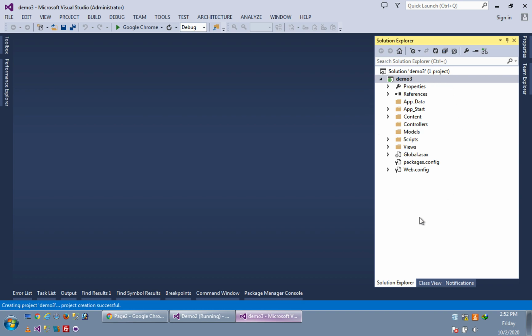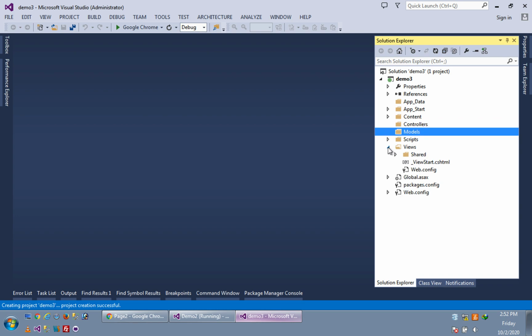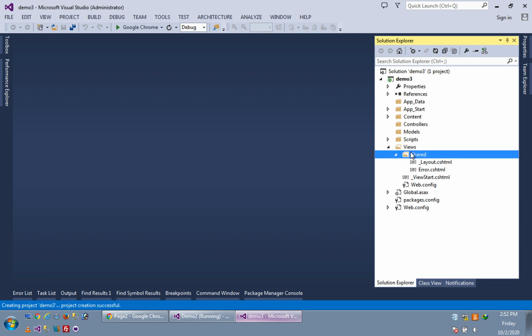Okay, so this is our solution explorer. Here empty controller, empty models, and in view there is one shared folder. Today I am also going to teach you about a master page concept in Razor views. We all know that master pages are used for a centralized view for our application. Like if we want one header and one footer, in the same manner throughout our application, then we will use our master page concept.